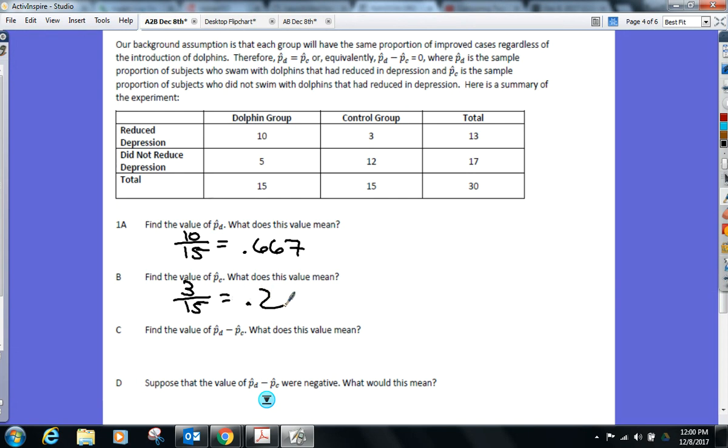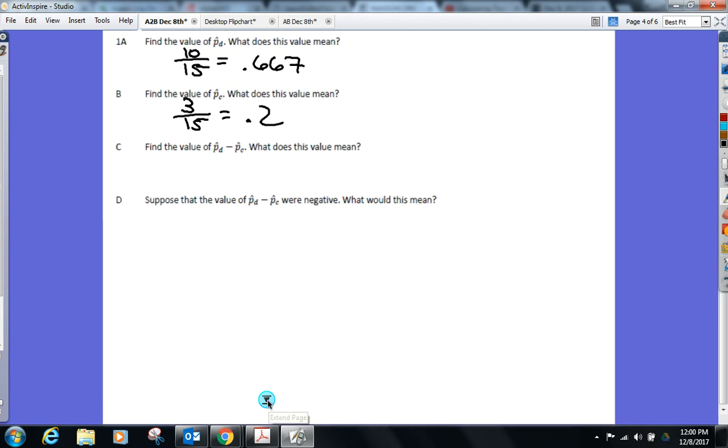So let me stop you right there. Who saw a better gain? The people who swam with dolphins or people who did not? The people who swam with dolphins. And here's our job today before I answer anything else. Was it because of the dolphins or was it because of just random chance, the group they were put in? That's what we have to figure out today. Was it really due to swimming with the dolphins or just by random chance? More people were put into the dolphin group that had reduced stress. So let's figure out some of the other questions and then we'll answer that main one.